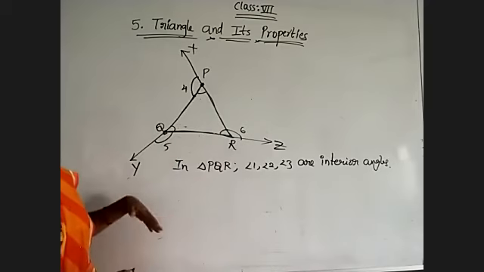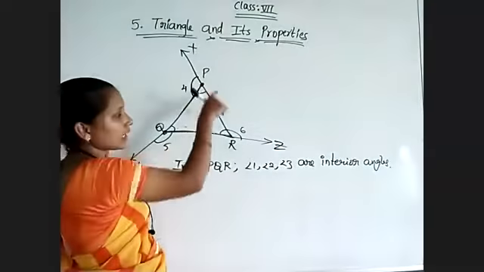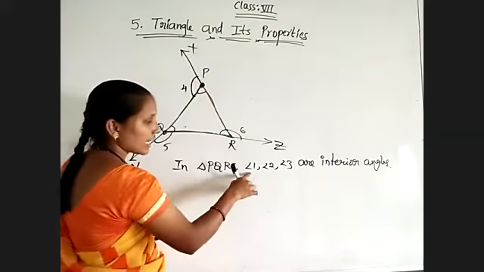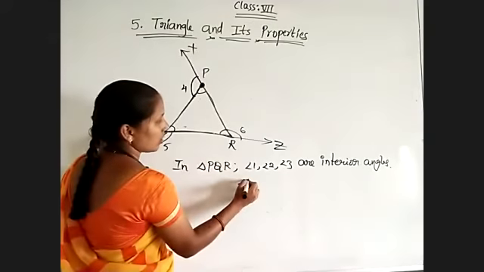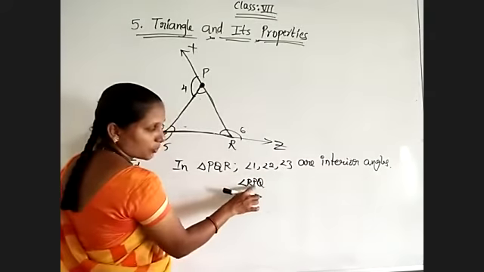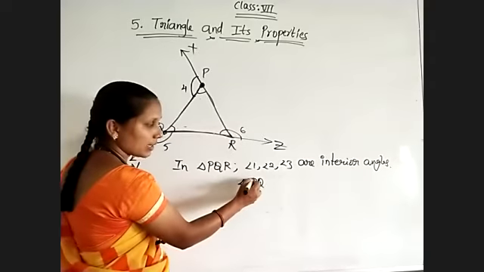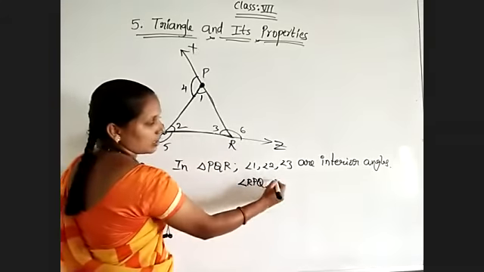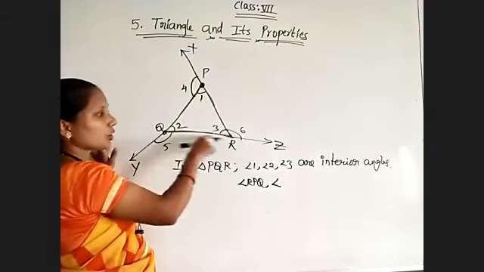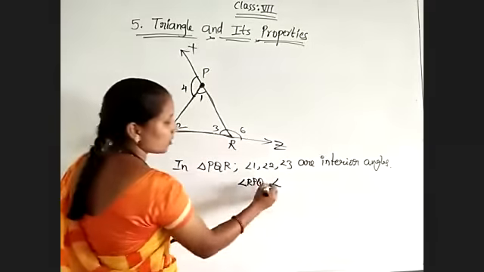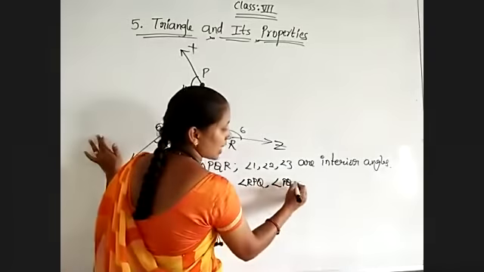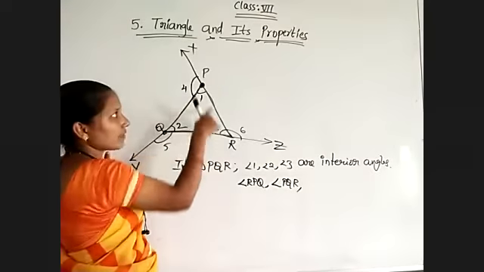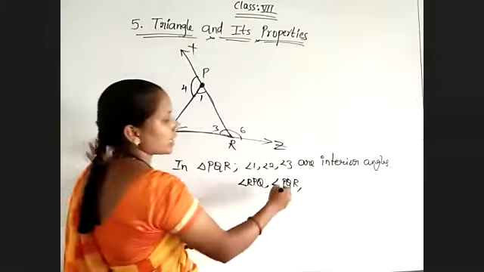See, already we know how to name an angle. So first I want to write P. I can write RPQ, otherwise QPR, no problem. P will be in the middle. So angle 1 is nothing but angle RPQ, QPR, anything. P has to stay in the middle. Okay, this is my angle 1. Now angle 2 I am writing: PQR, I can write, otherwise RQP. So here the second letter is Q. PQR I am writing like that. Now coming to the third angle, that is QRP, otherwise PRQ. So I am writing QRP.